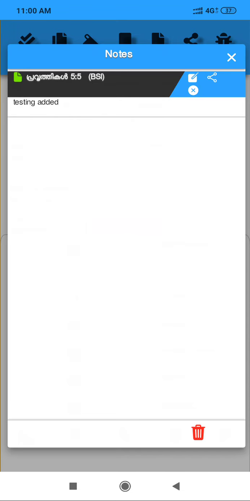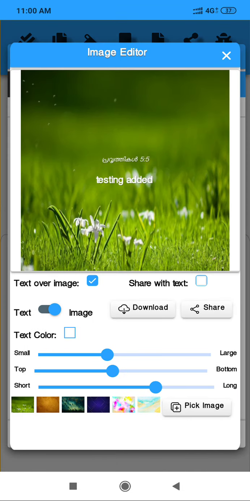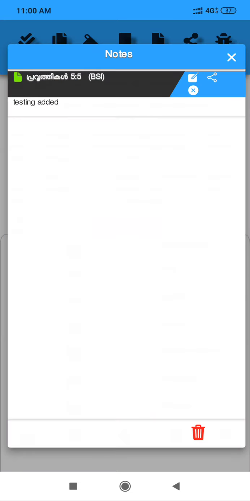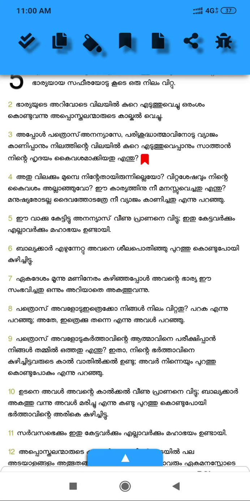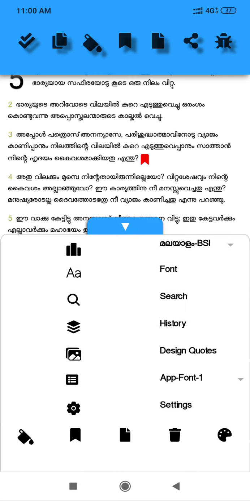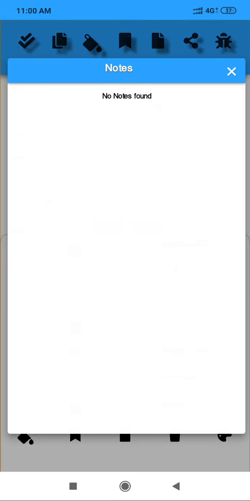You can share it. Okay, you can share your note, or else you can delete it. This feature will work like this, and all the notes will display here.